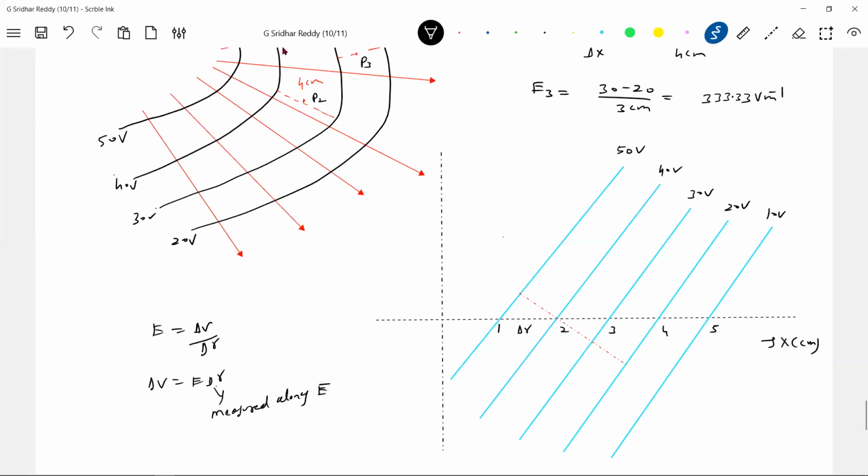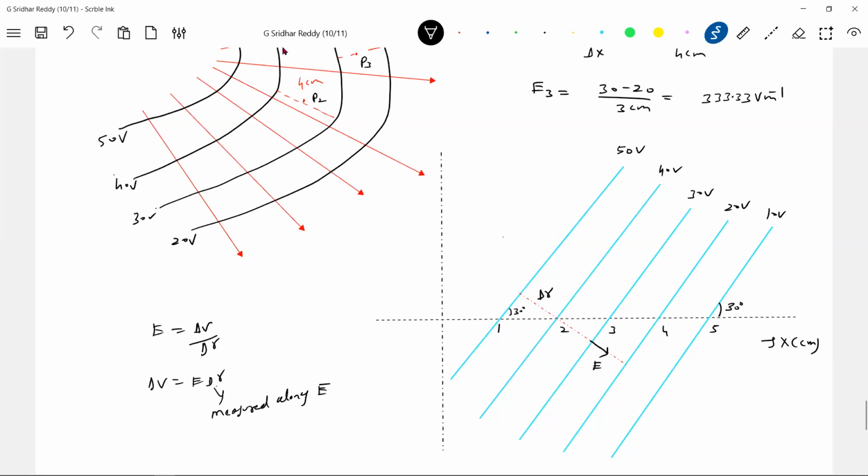This one. First of all, how will E bar be? That's a primary question we have to ask also. The E bar will be directed in this way, normal to the equipotential surface. So this cannot be delta R. In fact, this is delta R. Let the equipotential surfaces make an angle of 30 degrees. So we know this angle is 30 degrees.